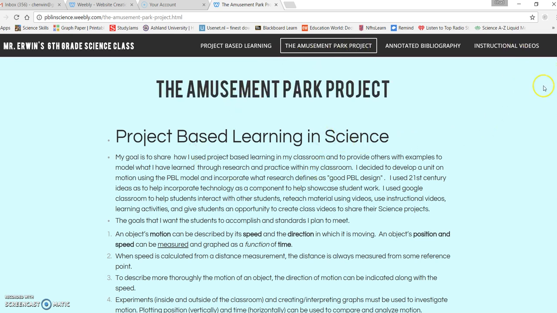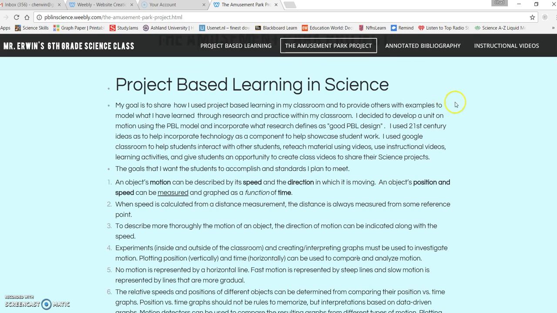different screen. My goal for this part is to share how I use project-based learning in my classroom and to provide others with example models that we could use that I learned through research and that I did practice with my classroom. I decided to develop a unit on motion using this model, project-based learning, and incorporate what research defines